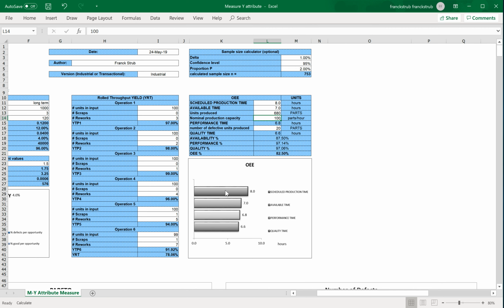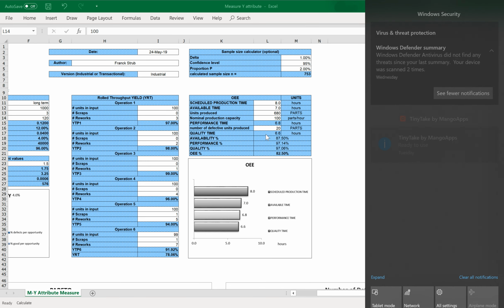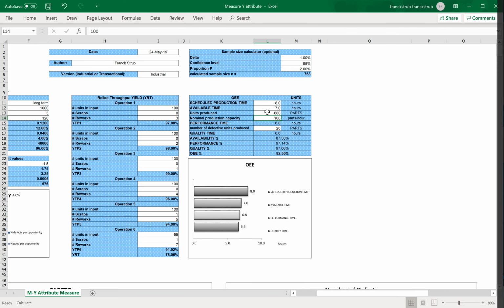It means that if you schedule 8 hours of production and at the end you produce only 660 good parts, you have produced during 6.6 hours your 660 good parts on an 8 hours scheduled production time.